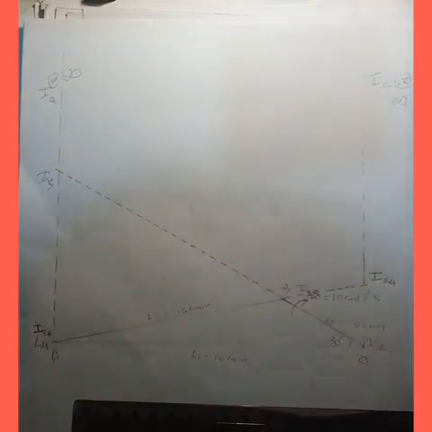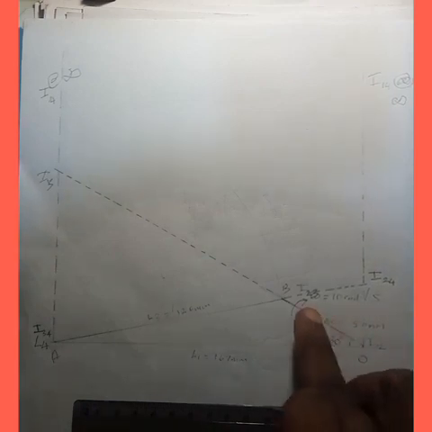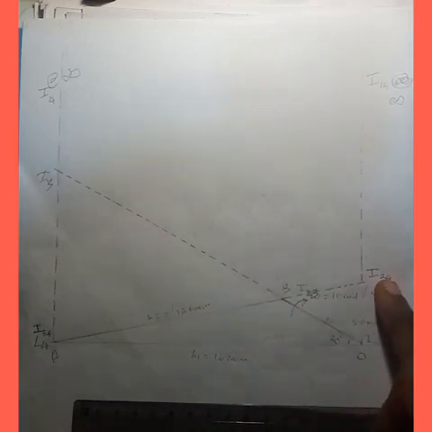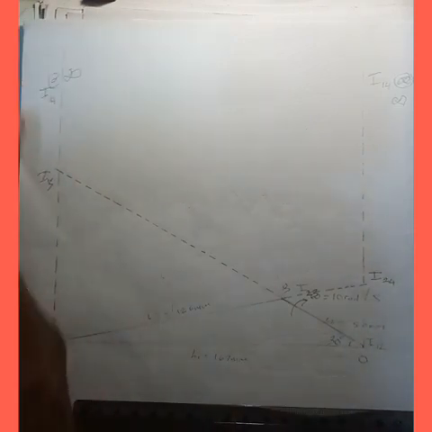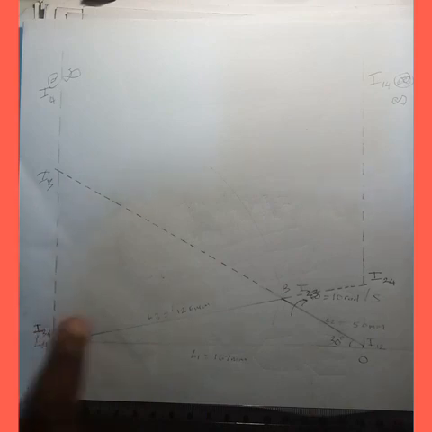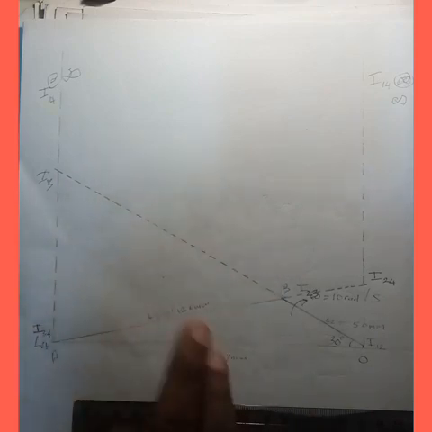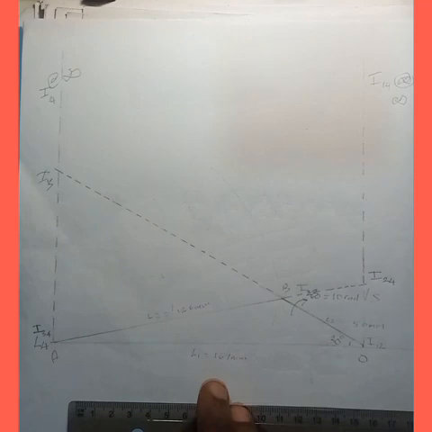Okay, we have 6 of them. This is 1, 2, 2, 3, 2, 4. That's making 3, and then 1, 4 making 4, 1, 3 making 5, and then 3, 4 making 6. So we've been able to locate all the instantaneous centers on this mechanism. So the next step